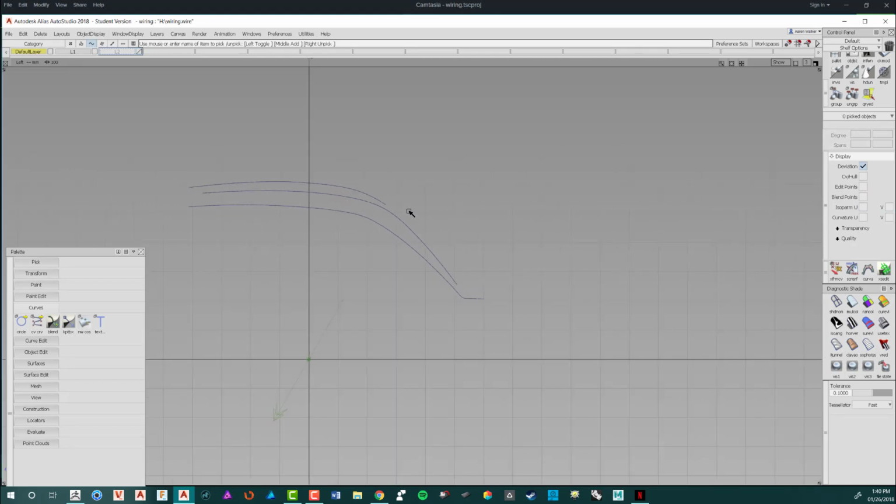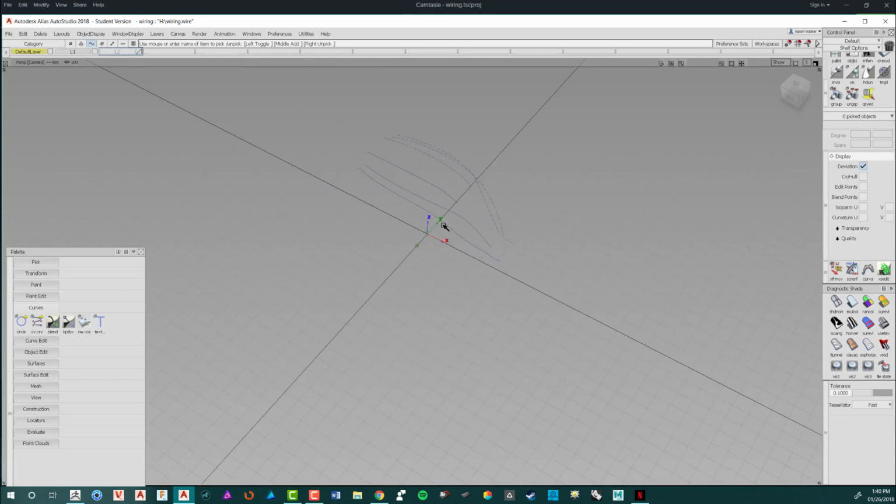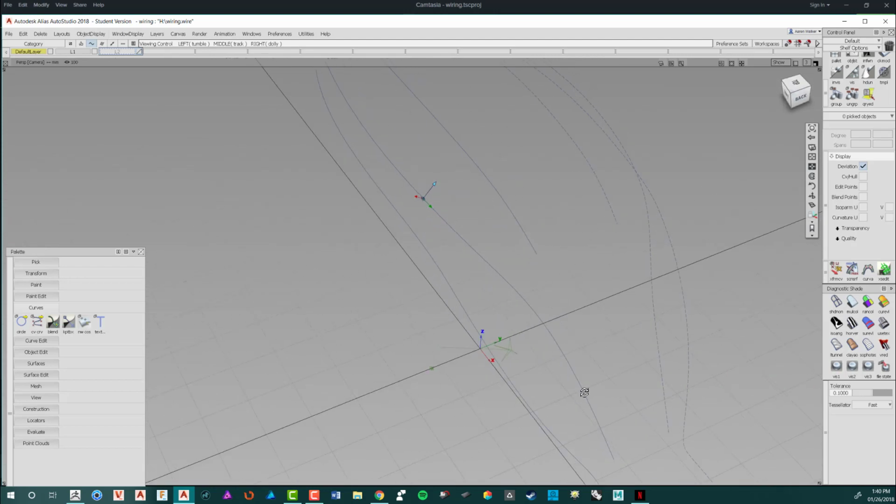Some relationship issues with those two lines, but the point is I'm able to really tweak these lines in three-dimensional space,